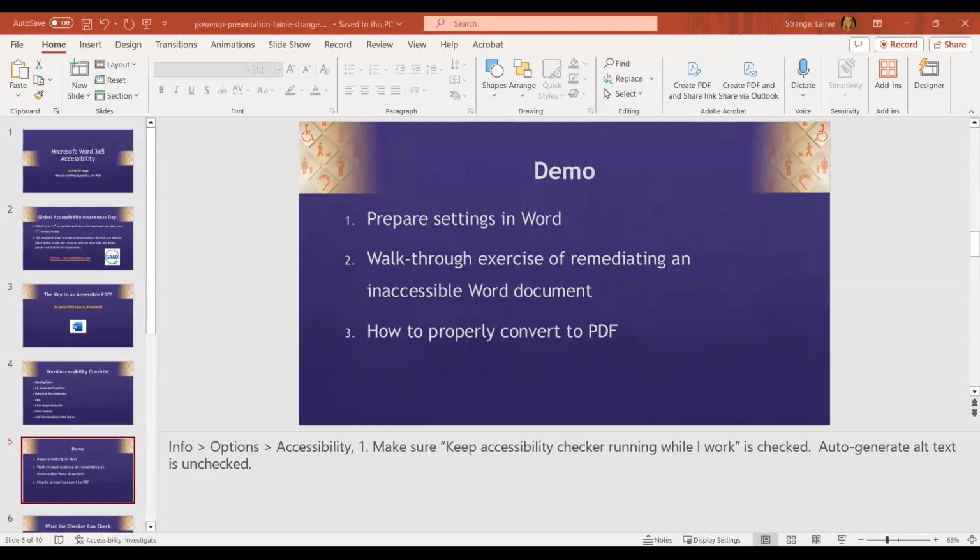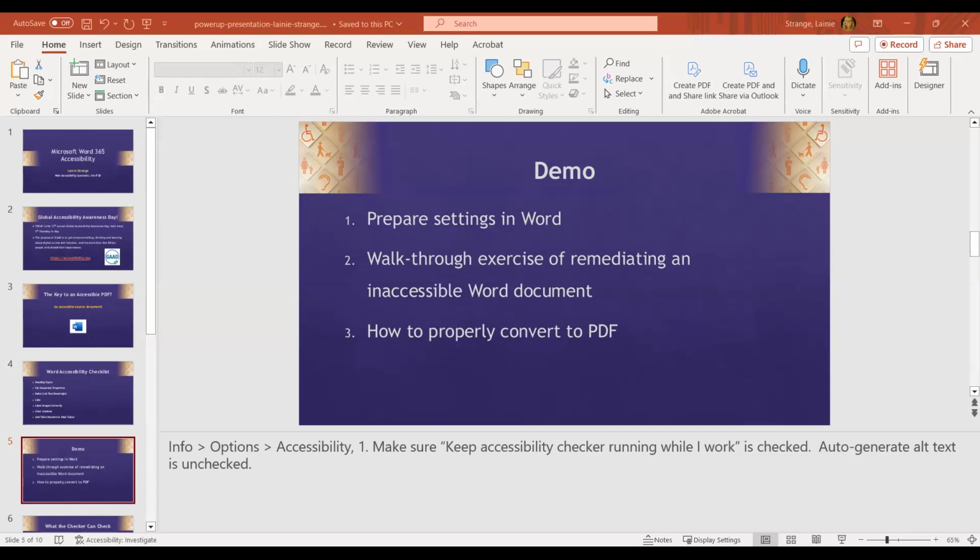First, we go to File and Info, then there's a Check for Issues drop down, and one of the options is Check Accessibility. That creates a little